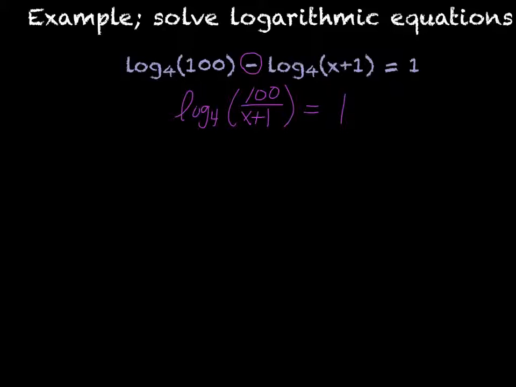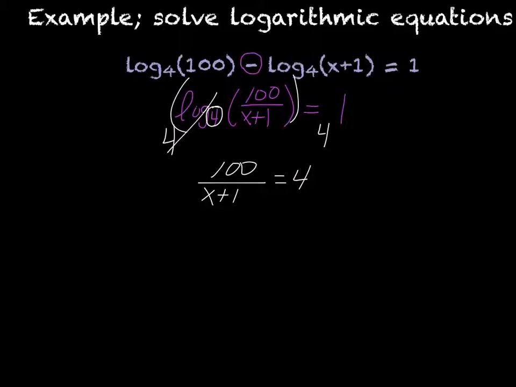And now I'm at basically the stage I was at the last example. I want to exponentiate. So base 4, so I'm going to take 4 to the power of log base 4 of 100 over x plus 1. And then it's 4 to the first power. So nothing has changed. So now what I have is, those cancel out, giving me just 100 over x plus 1 equals 4 to the first power is just 4. Now I need to solve a rational equation. Again, something we've already done. So I'm going to multiply by my denominators,